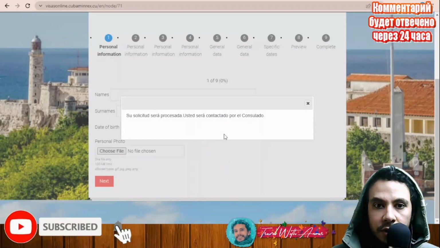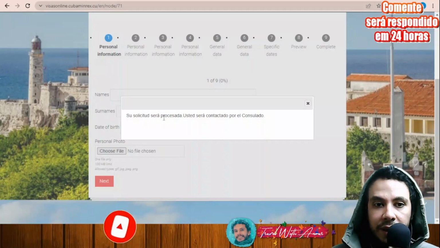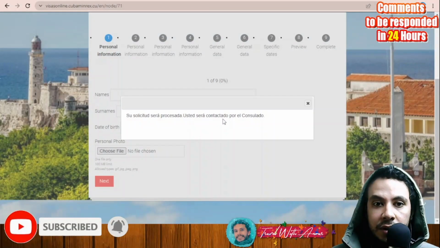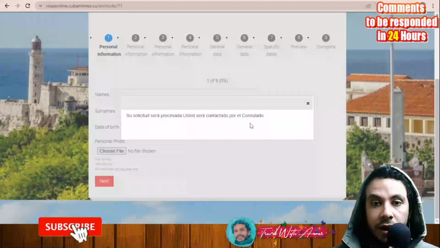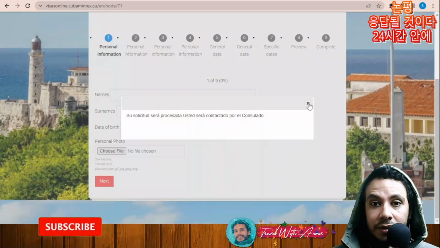Usted será contactado por el consulado. Okay, so your application will be processed and you will be contacted by the consulate. So now you made your application and you are expecting the consulate to contact you, and you can do this